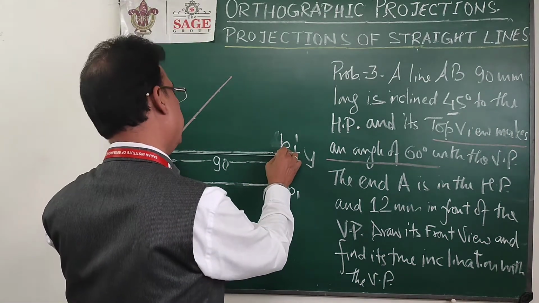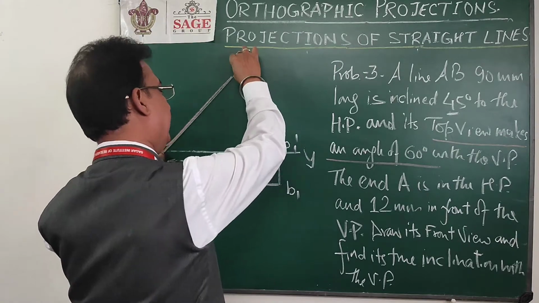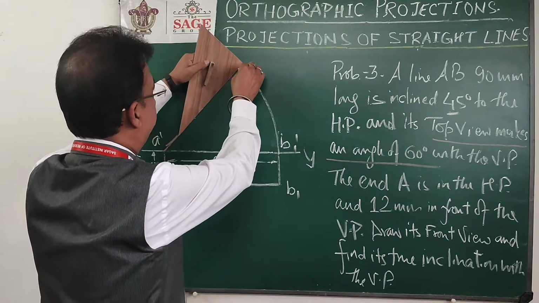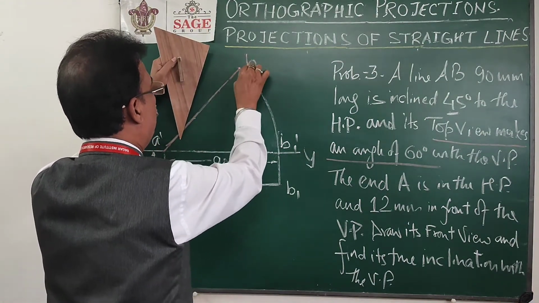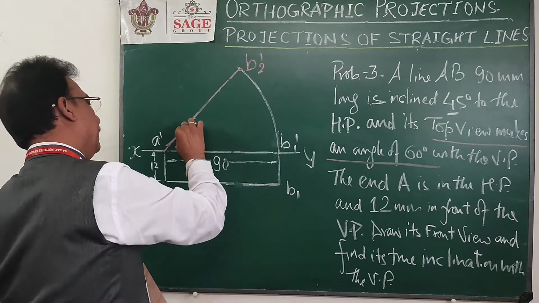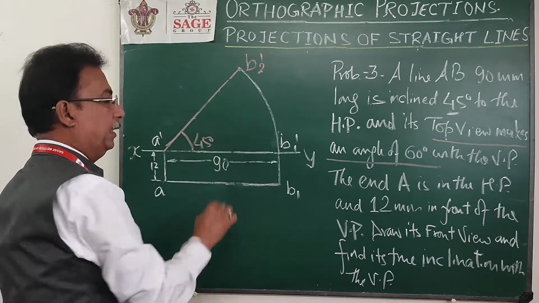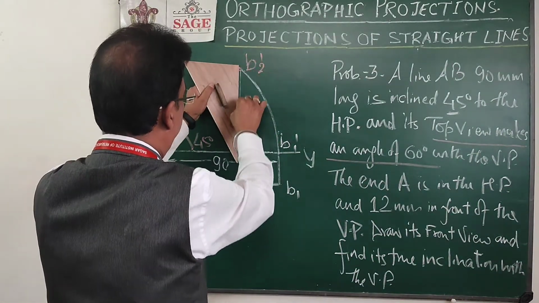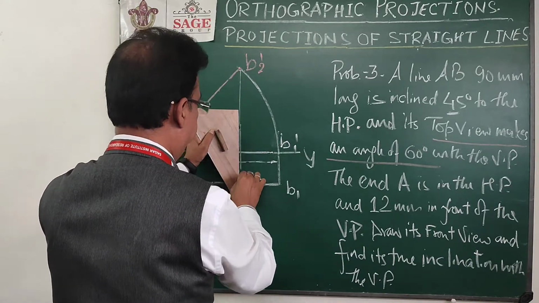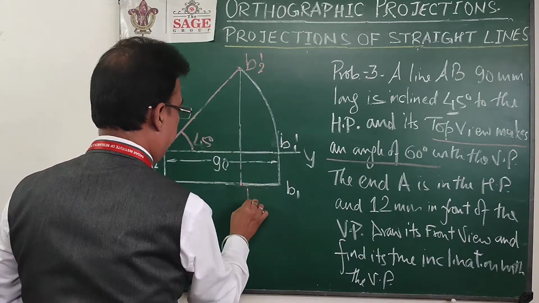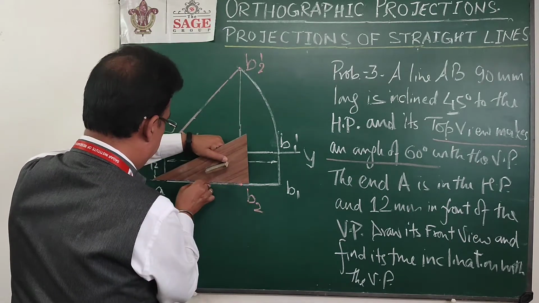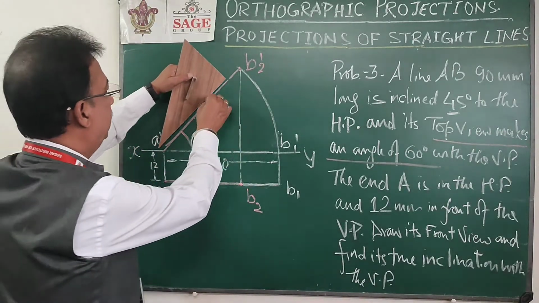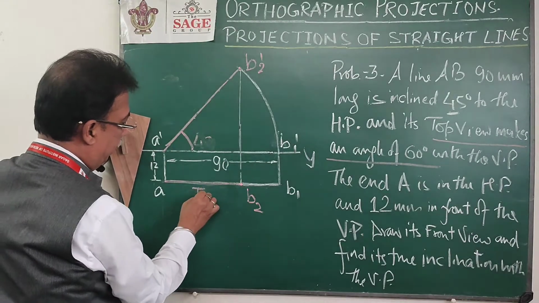So taking A dash as center and A dash B1 dash as radius, rotate it like this and you will get the next position of the line, that is the point B2 dash. Now our line is inclined 45 degree to HP and is still parallel to VP, so its top view will be on the old top view. Drop a perpendicular from B2 dash on AB1 and you will get the point B2. I will color this line. Now look at this pink line. This is inclined to HP and parallel to VP, and we got the length of the top view.